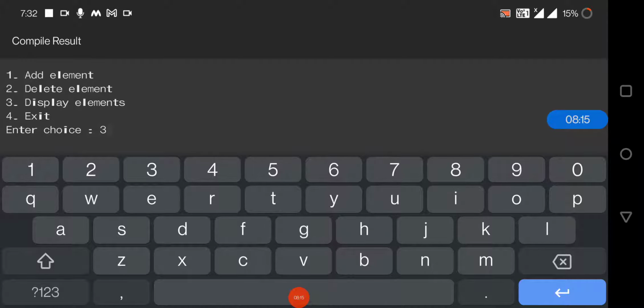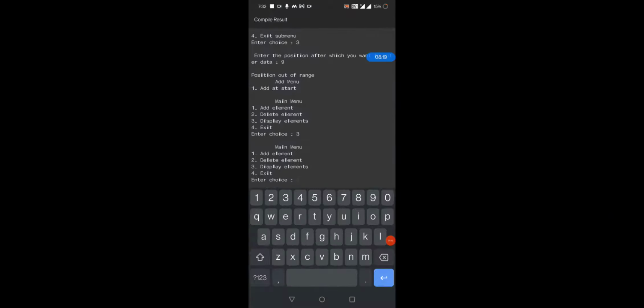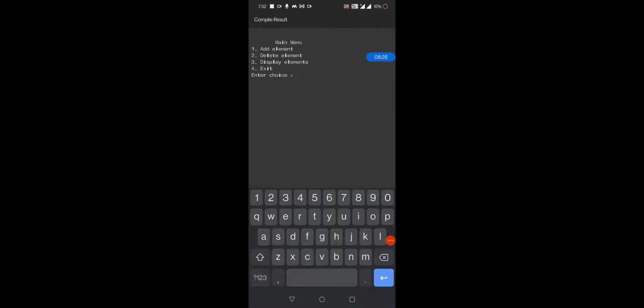Now display the elements. So we can see over here the positions. Now if I want to display the elements, again the sub menu started, that is add the element, add at the start.